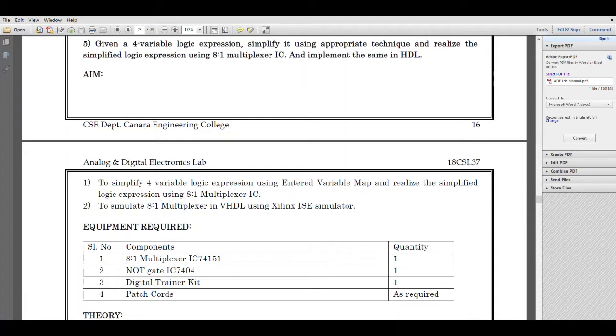First of all, we will concentrate on a task in which I need to reduce this four variable logical expression into a three variable logical expression, or a circuit which is basically a 16:1 multiplexer. I need to reduce it into an 8:1 multiplexer. That is what the entire task is all about. After it has been implemented, as always in the lab, we will implement the same using the HDLs. HDL part we will check out later.